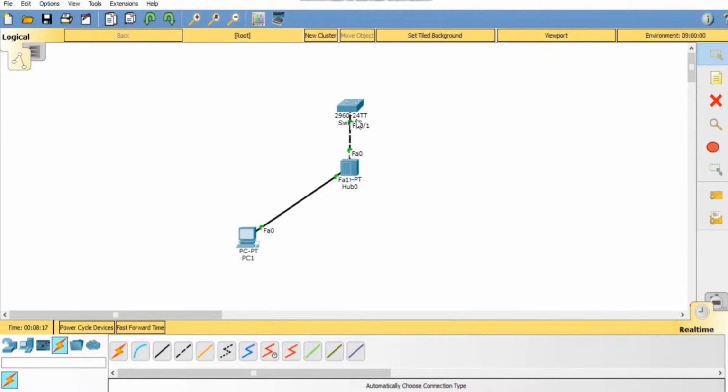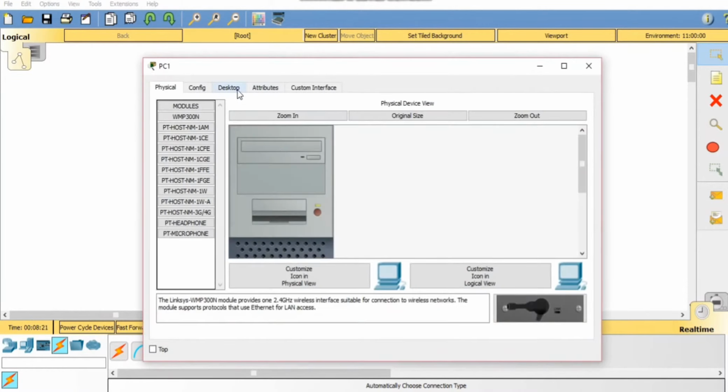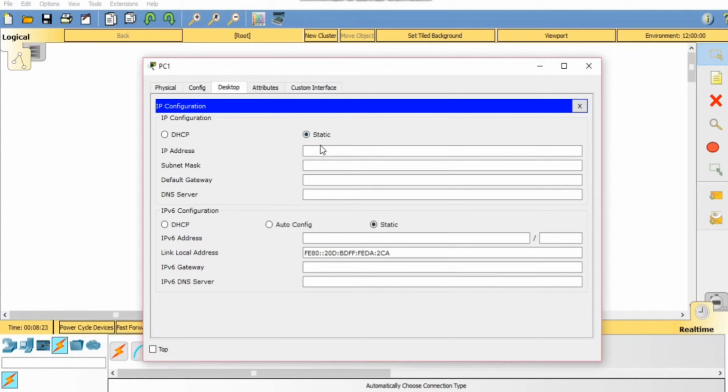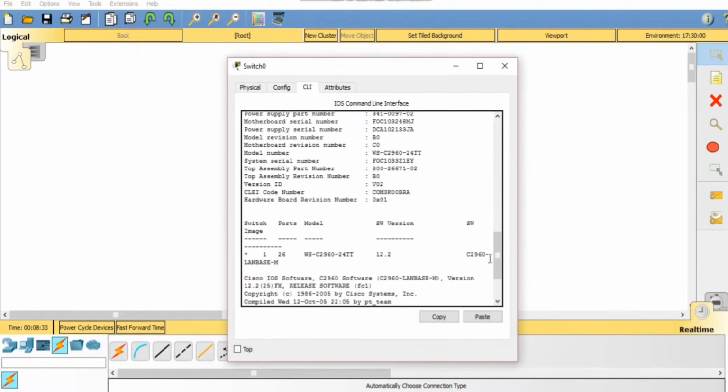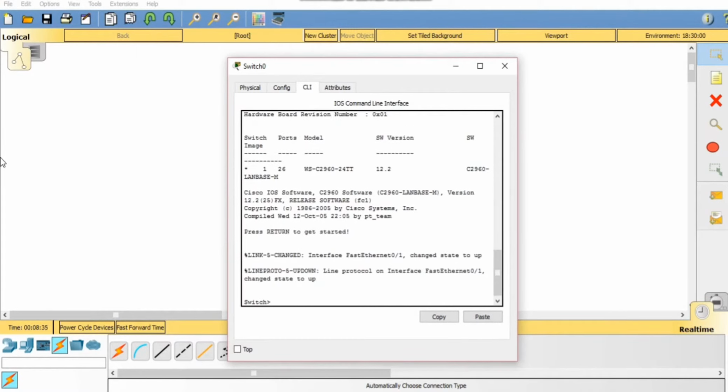So I am gonna explain this with a simple topology. So let me give the IP address for this PC. I am giving IP address as 192.168.1.1 and the subnet mask is 255.255.255.0. So first we'll look at the switch configurations